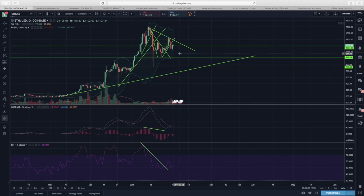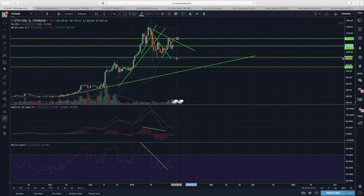So we need to see those two happen before we're really fully out of the woods, especially break out of this downtrend line right here. Once that happens, I think we're pretty much ready to move back up higher, right? We still have a little bit of resistance at around $1,219. I'll go ahead and put in that resistance level, but we're pretty much in the clear after that, and could definitely see that happen within the next 2 to 3 weeks,